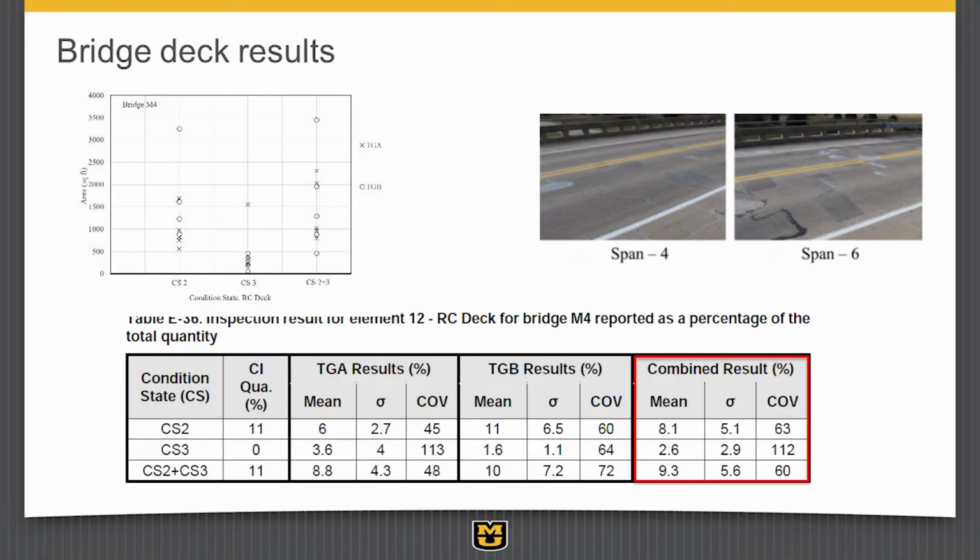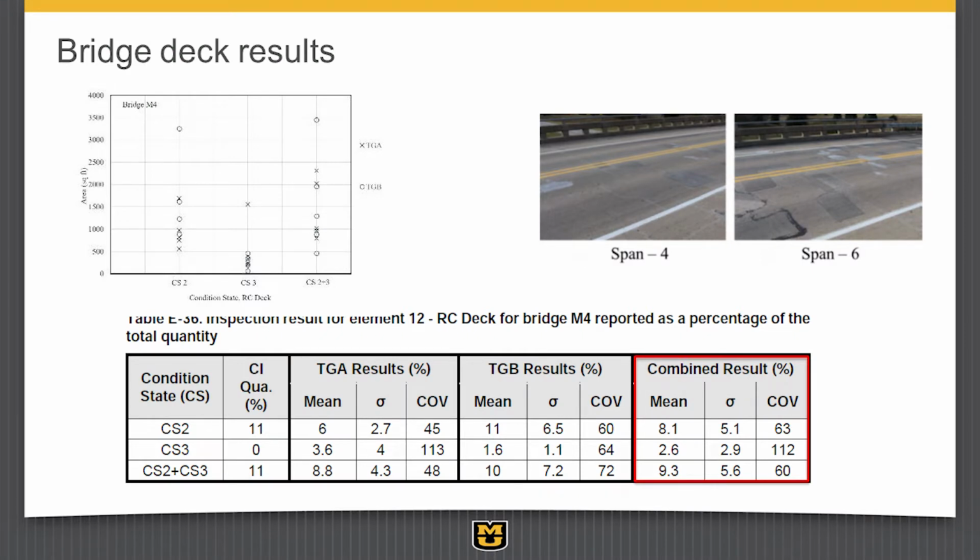Similar results for deck results. There's information for bridge decks, a similar sort of thing, and you can look in the reports online. This was the bridge deck with the most damage out of the ones we looked at. You see a mean value here is around 8% in condition state 2 and 3% in condition state 3. The average for the combined damage 2 and 3, just if you look at how much damage inspectors reported, is about 9%. And the coefficients of variation here, again,